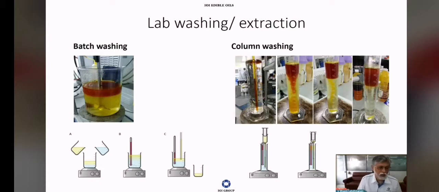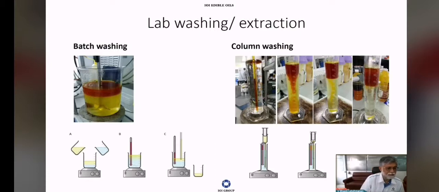The right-hand side shows the column studies that we did. We used a measuring cylinder and injected water into the bottom of the column so that the water drips up through the oil. Oil droplets migrate to the top due to the difference in density between the water and the oil. There's a stirrer running as well, so you can see the swirl in the second picture. After it settled, we pipetted out the oil and put it into a second column and repeated it. Then we checked the quality that we got and did further experiments with that to see how easy it is to remove the